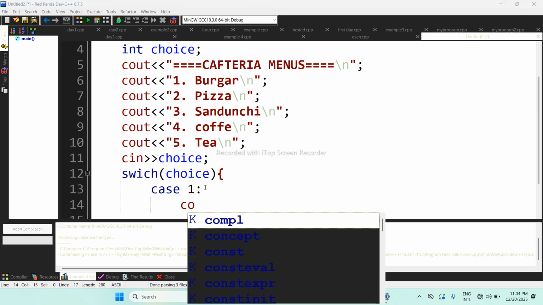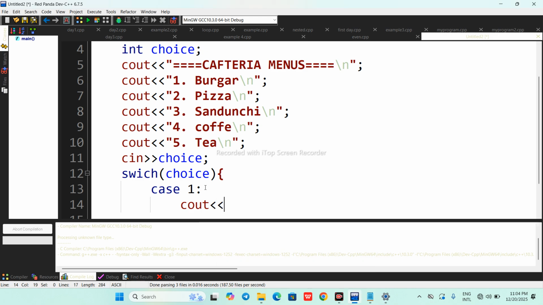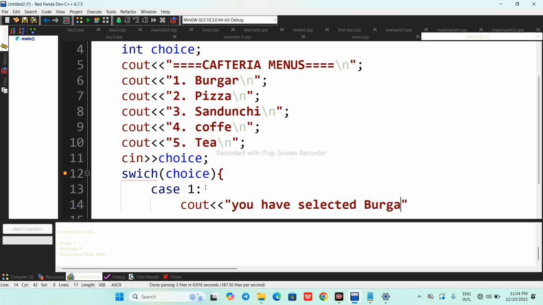So simply you can say cout, "You have selected burger.